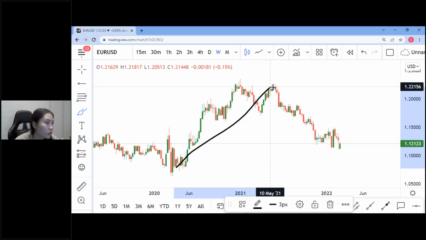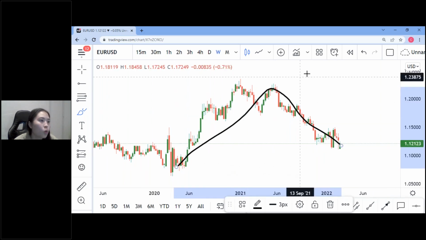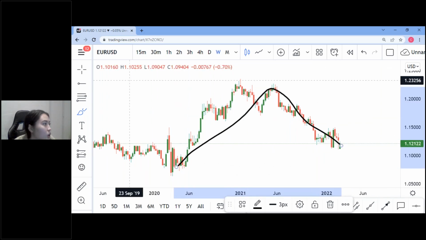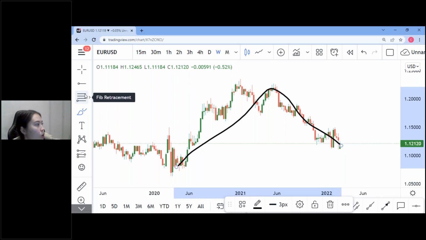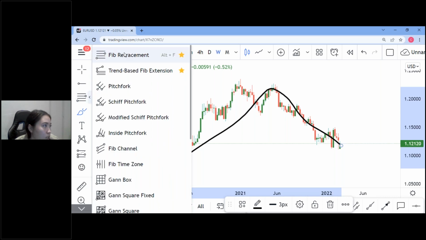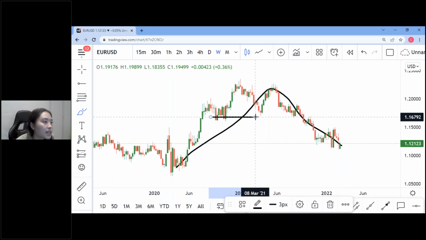After you have found the Fibonacci retracement, what you want to do is go here. You see these four lines, one, two, three, four lines. It says Fib retracement. You want to press on the Fib retracement and then on Fibonacci retracement too. Should I look at the most recent patterns? Yes, Jacob, you should look at the most recent patterns because things that happened in the past are not important anymore.